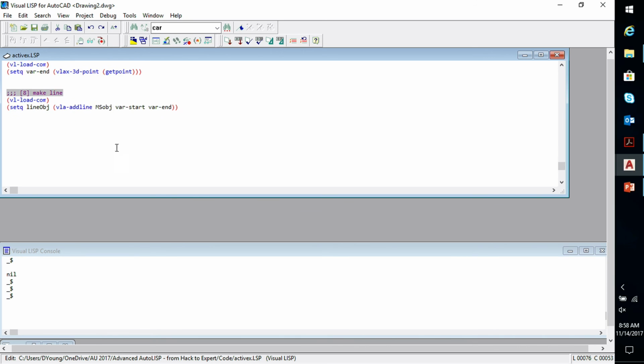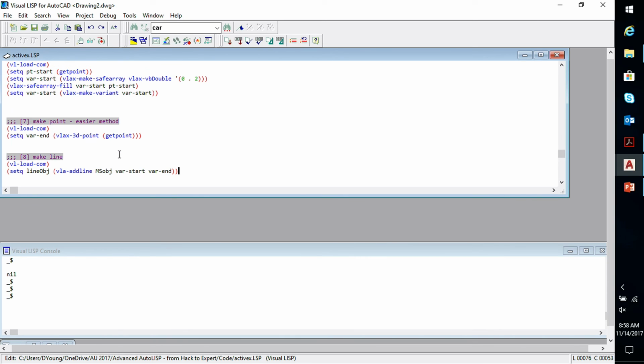But dig in and try some of the code. And like I said, the main thing is just trying to understand when I see that Visual Basic syntax in the help file, how do I convert that to Lisp? And just remember, if it's a property, I can get or put any property. There's a VLA function for it. And then for adding, in Visual Basic there's an add line function. You just prefix that function with the name VLA dash,